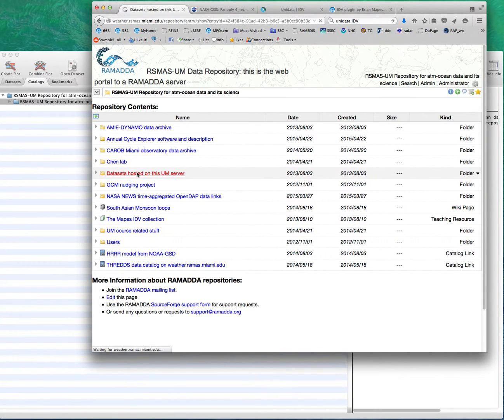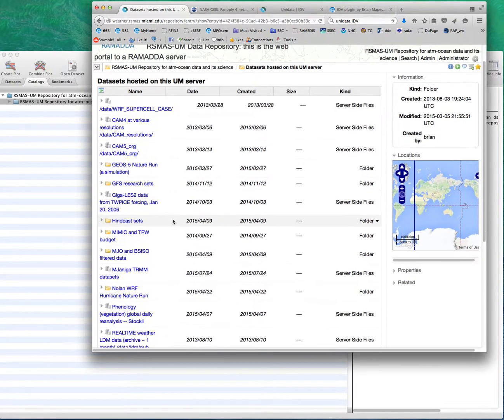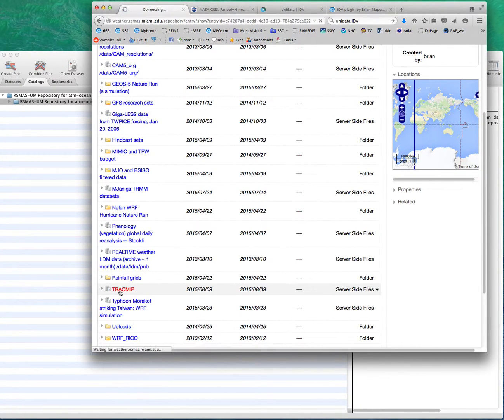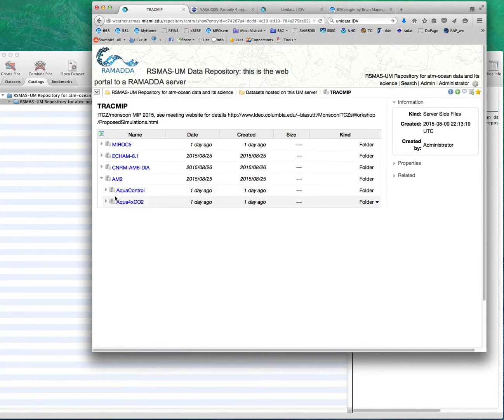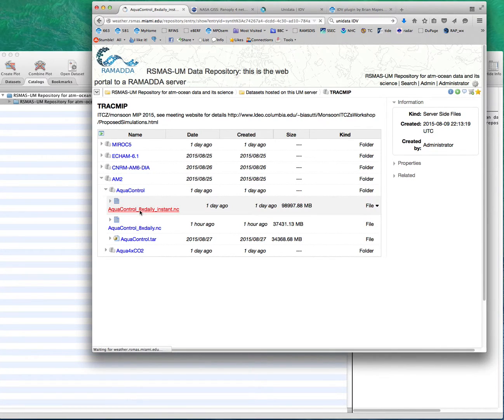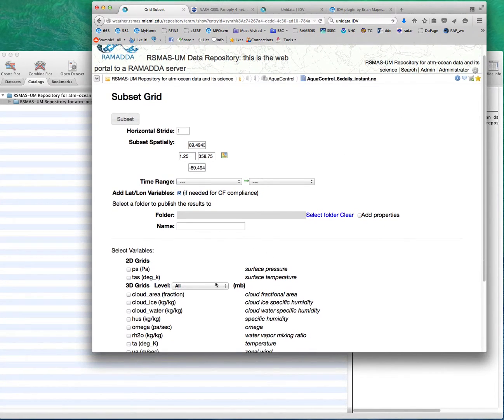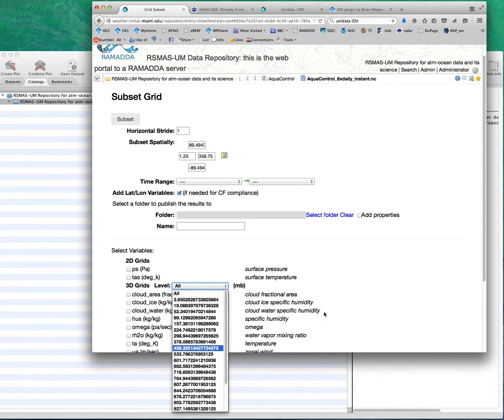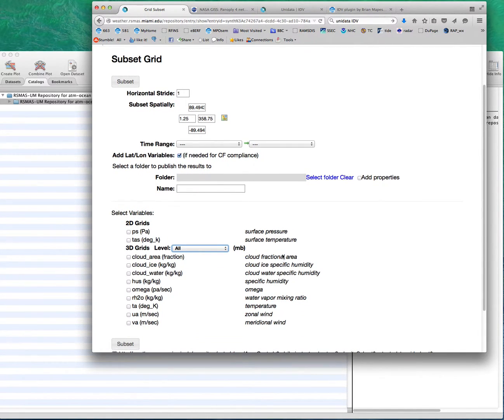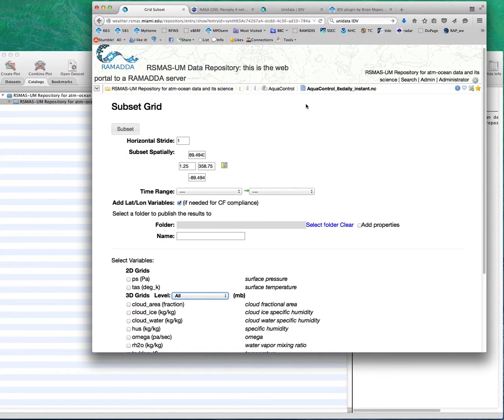The data sets can be viewed through this repository. They're under data sets, under TRACMIP, and you can drill down here all the way, if you like, to files. This is a good example of an enormous file that's highly aggregated. But if you just wanted some of it, you could subset it according to levels or fields. So it's highly aggregated, but you can download just subsets on the fly here. So that's the highly aggregated